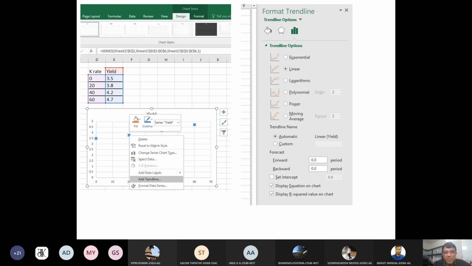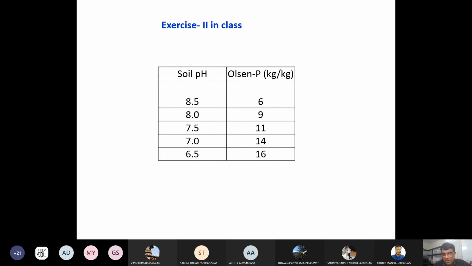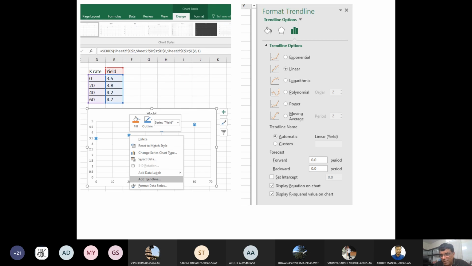Add trend line. And then this page will open. On the right side you see format trend line. You can select linear. Or if you want a quadratic equation, you can select polynomial. Suppose here we select linear, and then at the bottom, you have display equation on chart and display R square value. So you can select the things you like, and then you will immediately get the line. From this, you will get the line, and you will also get the equation.